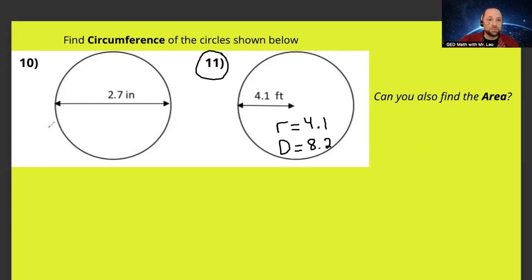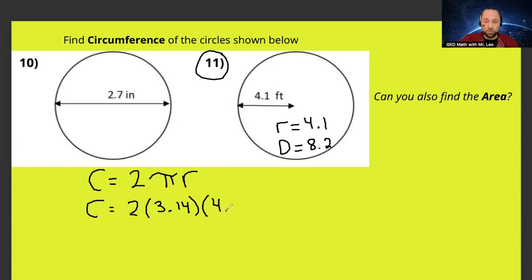All right, we're doing circumference first. We're going to start by writing the formula. C equals 2 pi r. And we'll plug in what we know. C is going to be the answer. 2 is 2. Pi is 3.14. And the radius in this case was given to us, right? It was given to us in the first place. That is 4.1. 2 pi r. All right, I go to the calculator here. 2 times 3.14 times 4.1. Final answer here, I got